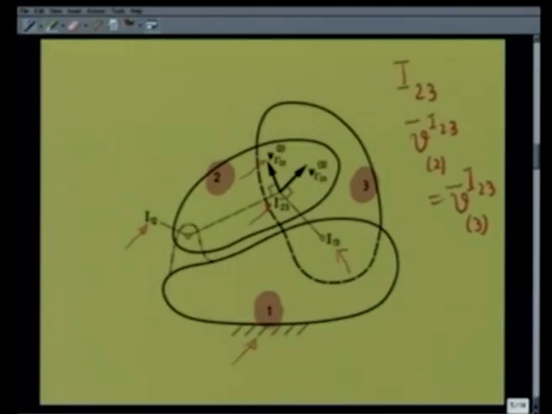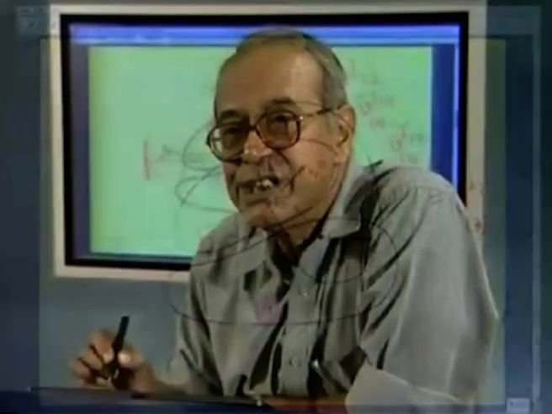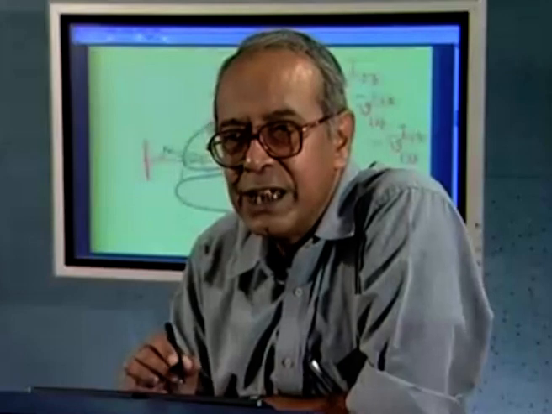These two vectors can have the same direction only if I23 lies somewhere on this line, say here or there or there or there. Then only the rotation about I12, if I consider it to be a point on body 2, will be perpendicular to this line, and if I consider it to be a point on body 3, which is rotating about I13, also is perpendicular to this line. So, these two velocity vectors can have the same direction, which is necessary for it to be the relative